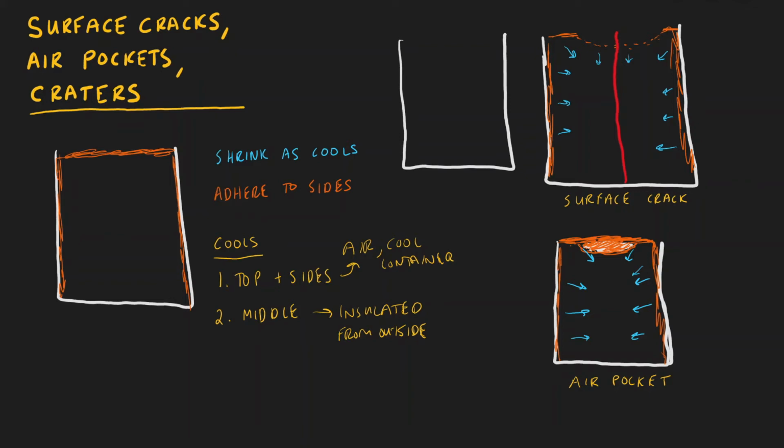So how does a crater form? Well, it's going to be a similar operation. We have our adhesion to the sides. We have our top. But as that force that's pulling that wax in, it's cooling down, it's beginning to shrink, becomes strong enough, it actually ends up pulling the top down with it. And maybe not in a lot of spots, maybe in a few spots, but it'll actually pull it down, and